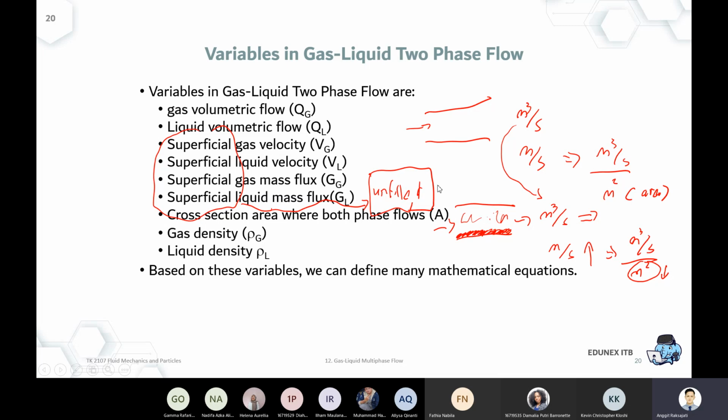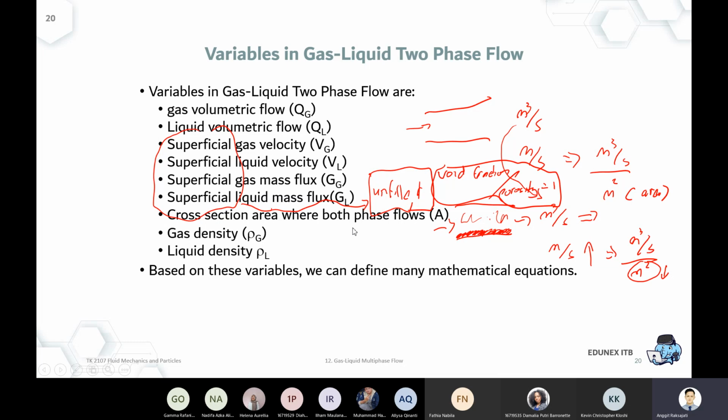So I think you will start to use those terms again when we work with solid and liquid mixture flow, which will happen in the 13th or 14th week. So just so you start to familiarize with the term superficial. That means it's assumed to be completely unfilled. Void fraction is another way to say it. The void fraction or the porosity is 1. That means all of the pipe is assumed to be available for the stream.